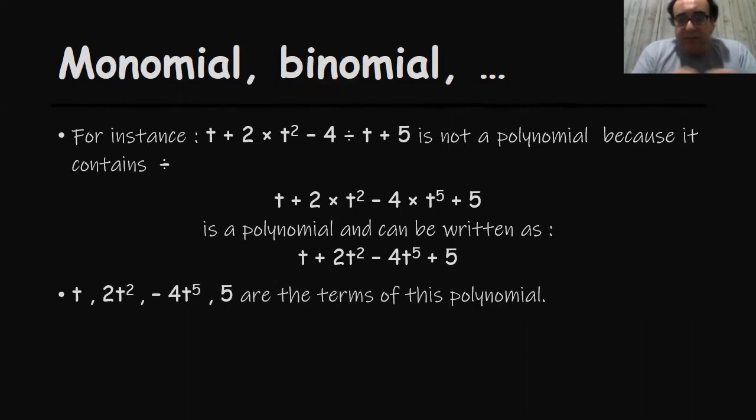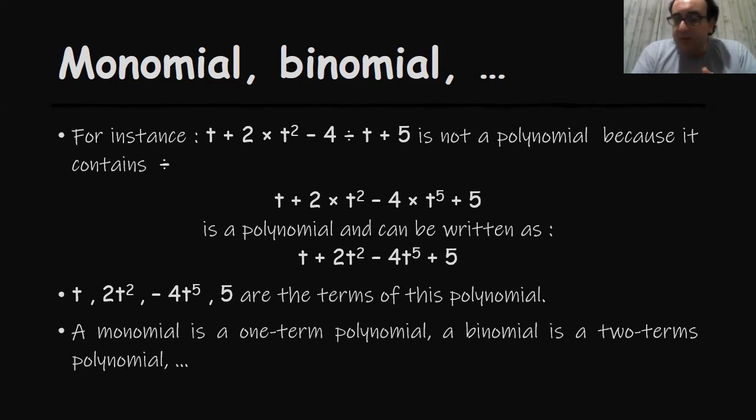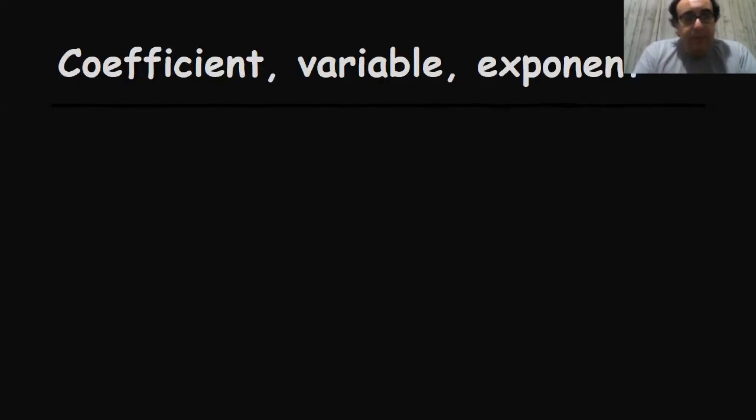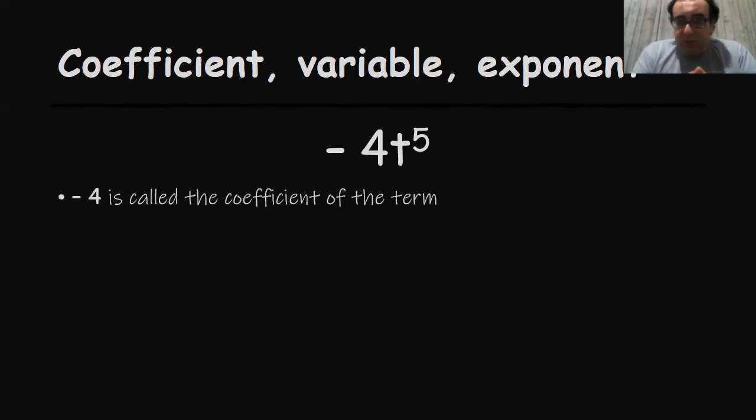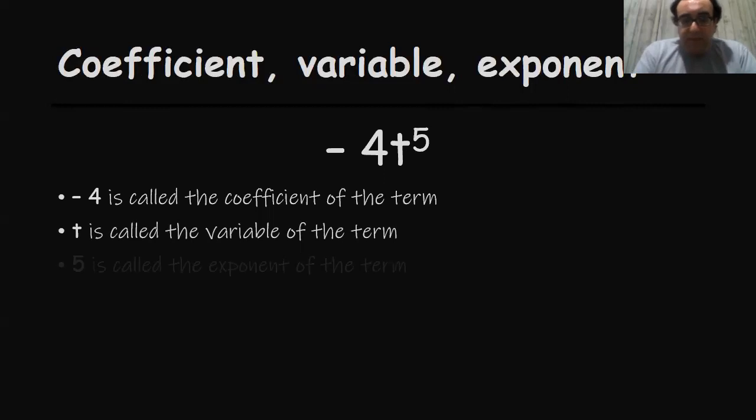Every one of these 4 is called a term of a polynomial. A monomial is a one-term polynomial, a binomial is a two-term polynomial, and so on. This is a monomial, or a term. We can see that we have minus 4t to the 5th. We call minus 4 the coefficient of the term, t is called the variable, and 5 is called the